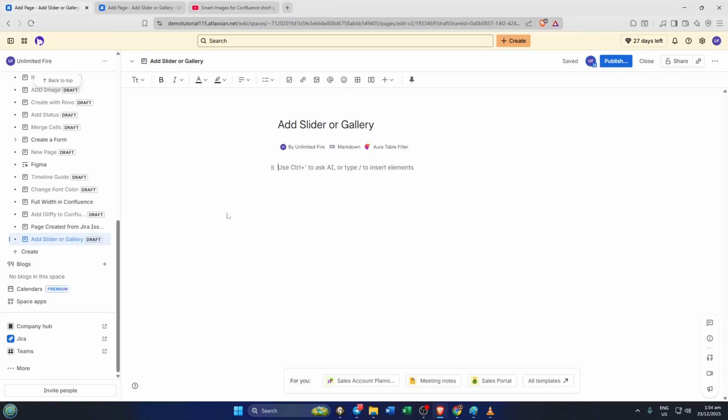Let's jump right in. First up, open the Confluence page where you want to add your gallery or slider. Up at the top, look for the Edit button, or you can press the E key as a quick shortcut. Entering Edit mode is like unlocking the canvas where you can reshape your page. If you've never edited a page before, don't worry, nothing is permanent until you publish, so feel free to try